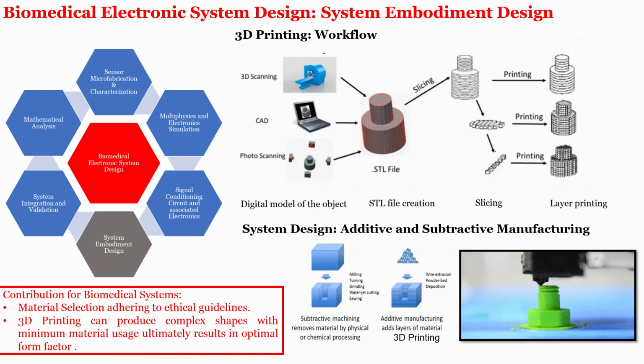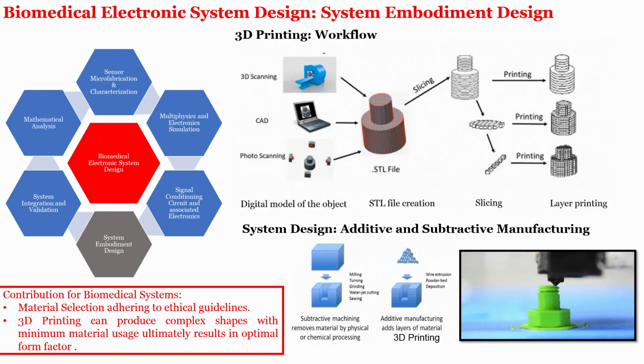Now, when you say electronic system design, once you understand the sensor, once you understand the electronic circuit, once you can develop the entire module, you have to package it. There are many techniques to do packaging. One of the techniques is 3D printing, and we have been discussing in detail how 3D printing works. There are several different kinds of materials that one can use, SLA, PLA and whatnot, but the point is the basic understanding of how to create the CAD file, how to store it, and what the requirements are. This is what is covered.